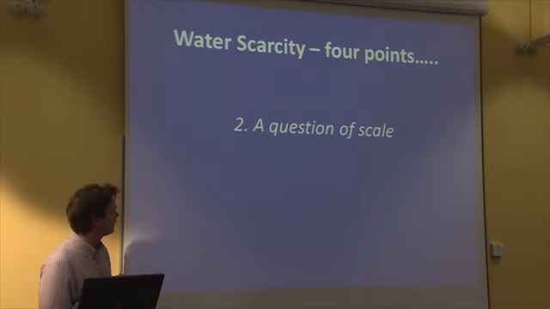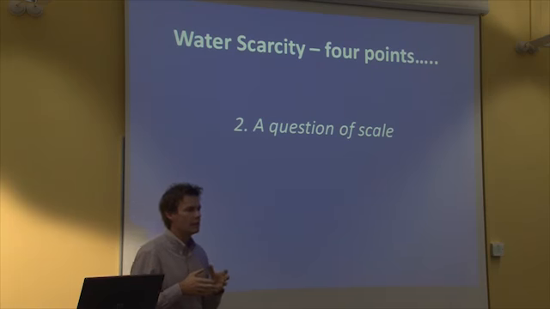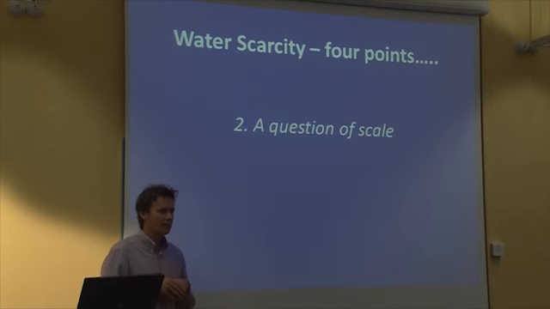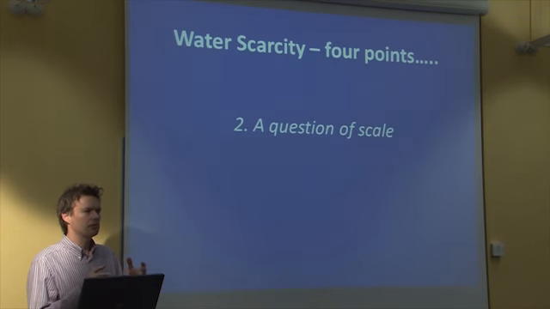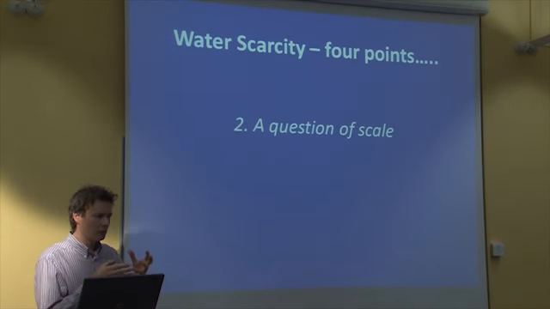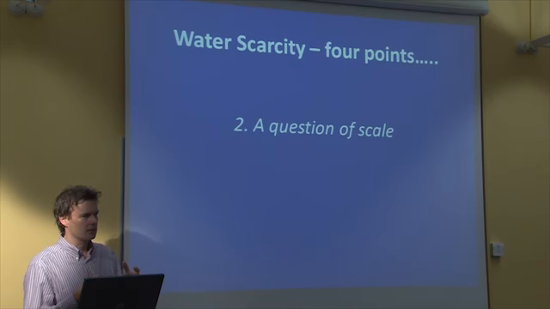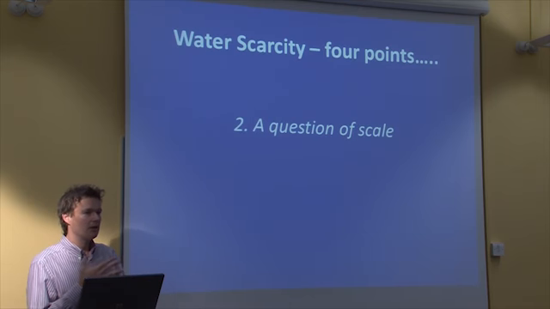The second point that I want to make is this issue of scale and the amount of detail that is provided within some of the projections of water availability, water scarcity, and so on, because there are some problematic issues there. Now, there is a very large degree of aggregation in much of the work which is done on water